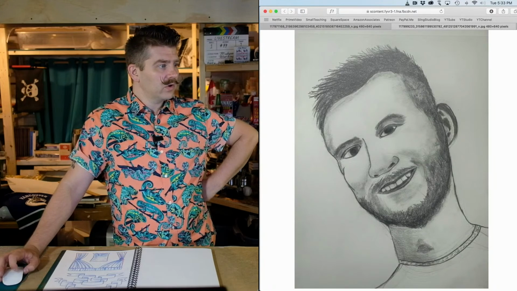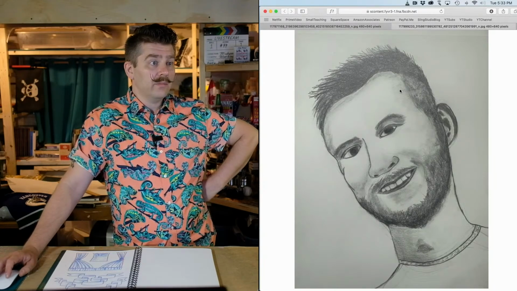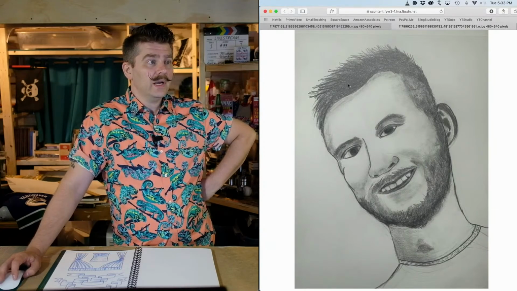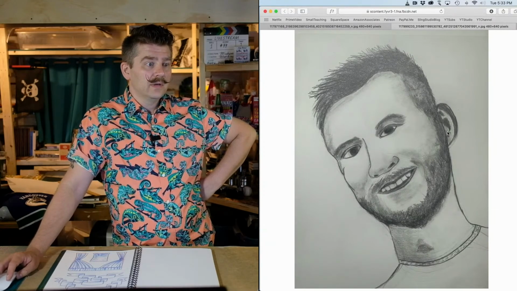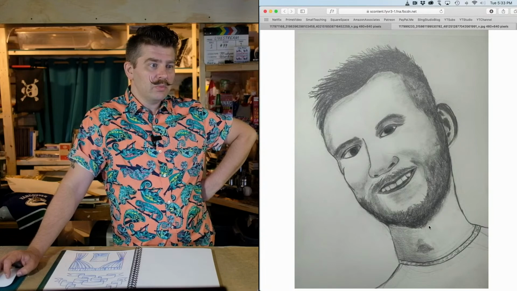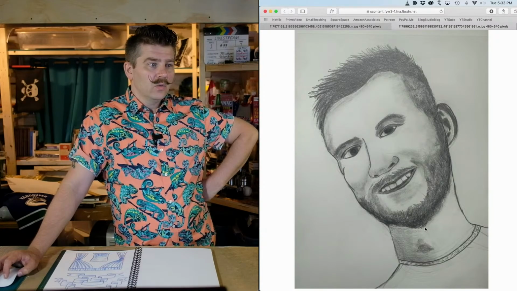I think this is the second drawing you sent, right? So you're getting better and better every time, with the more specific hair. This is great. Even just the way that the softness of the beard here actually works